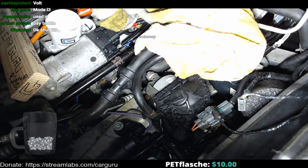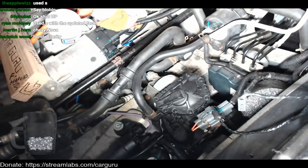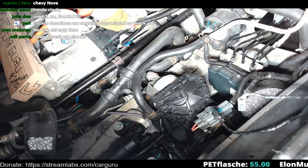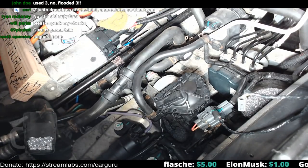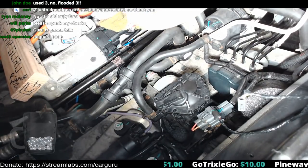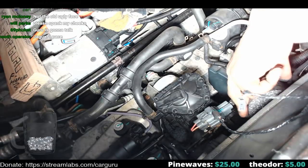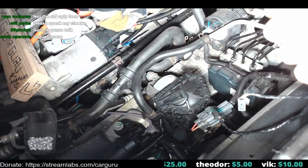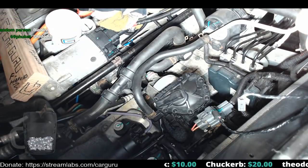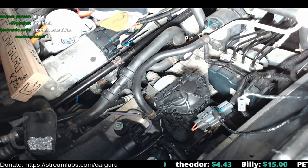Why do you say Model 3 long range? How is the Model 3? I personally think used Model S. I mean, to be frank, the Model S is the superior vehicle. In terms of bang for your buck, you're getting more with the Model S. The technology in the 3 is more advanced, and it's maybe more future-proof than the Model S, but